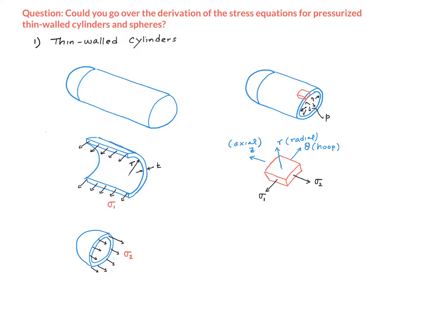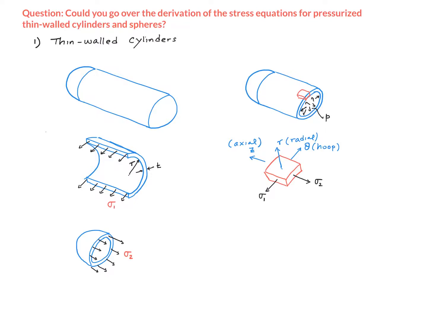Now let's go ahead and define the coordinate system that we want to use here in our analysis. The problem here is a good candidate for the use of the cylindrical coordinate system because the geometry is a cylinder and the loading is also cylindrical. For example, the pressure here is acting in the radial direction, right? So using the cylindrical coordinate system, let's call the radial direction as r, hoop direction as theta, and the axial